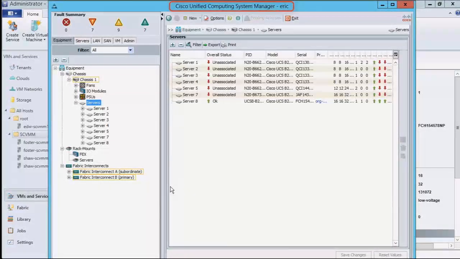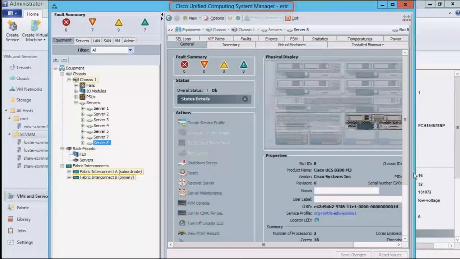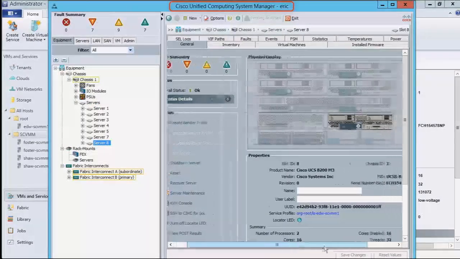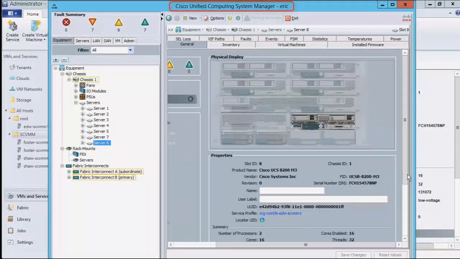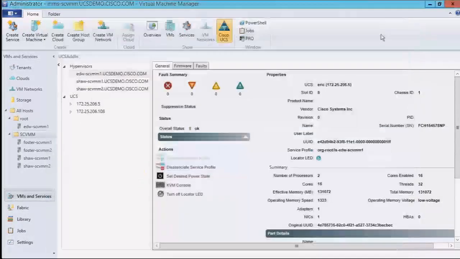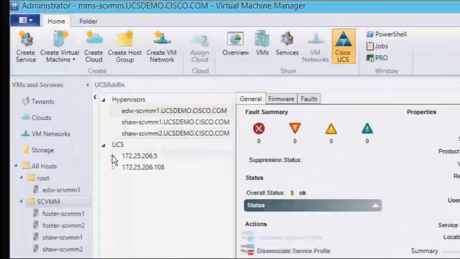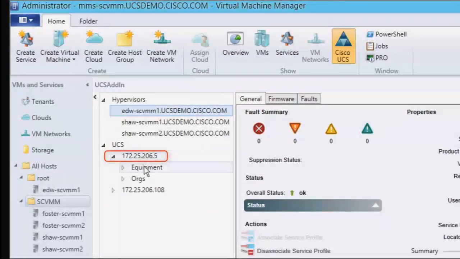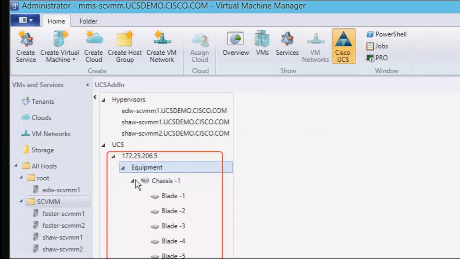And this is actually the Cisco UCS Manager UI. I brought this up really just to show, again, how similar the view is in SCVMM compared to what we have in UCS Manager. Very common. Again, we're only pulling in the actions that are relevant to give that administrator in SCVMM. Great, and then on the UCS side, you can actually navigate in and see the equipment inside that UCS domain,